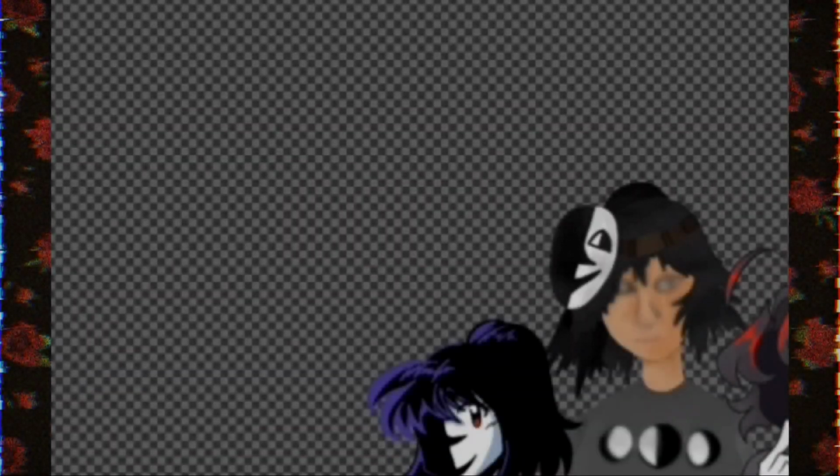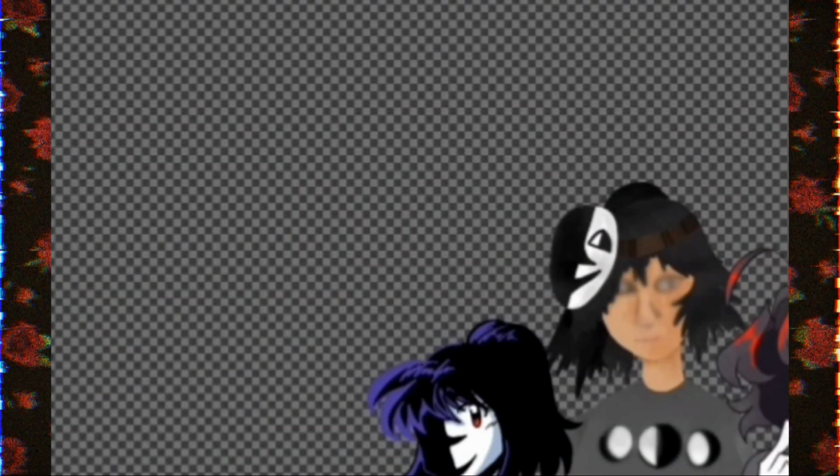Alright, next up, I had to draw the Gravity Falls style. Okay, so here's the tea. I didn't know how I should draw this because I'm like, well, they would be a little creature because they are like an analog horror creature. And I was like, well, how would that look translated into this? Because there's a bunch of monsters in Gravity Falls. And I was like, oh my god, I should totally redraw them as a Bill Cipher clone. That would be so funny. So that's what I did.